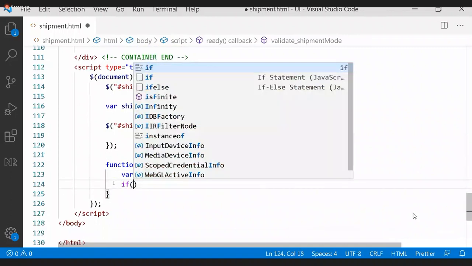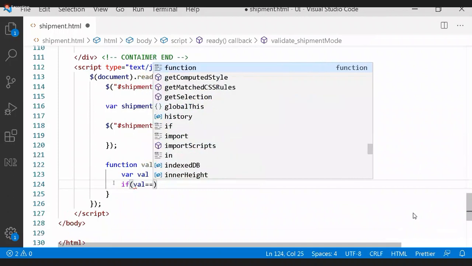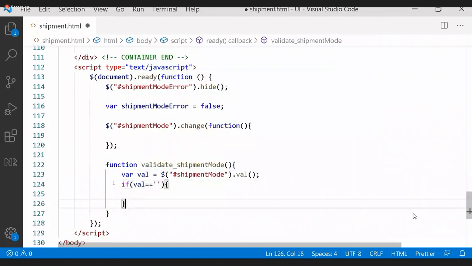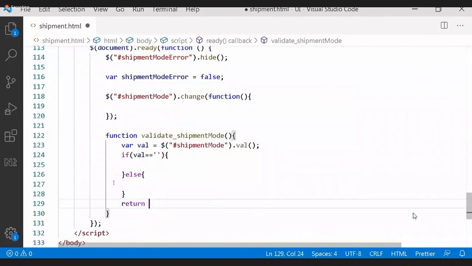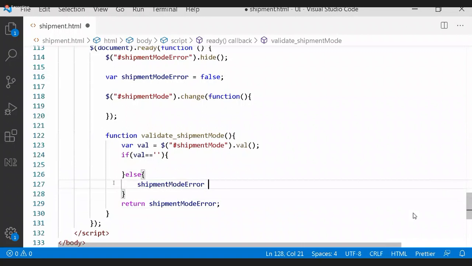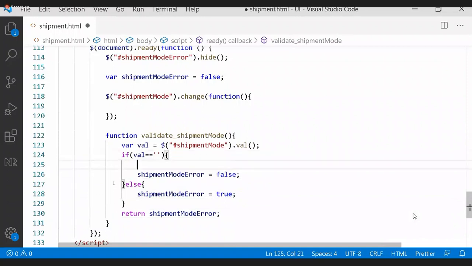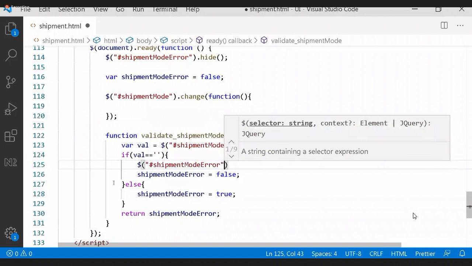If it is empty, there I'm writing the code, else. And here I'm writing return shipment mode error. In case of else, there is no error, it is true. In case of false, that is the if block, we have to enable this section here dot show,